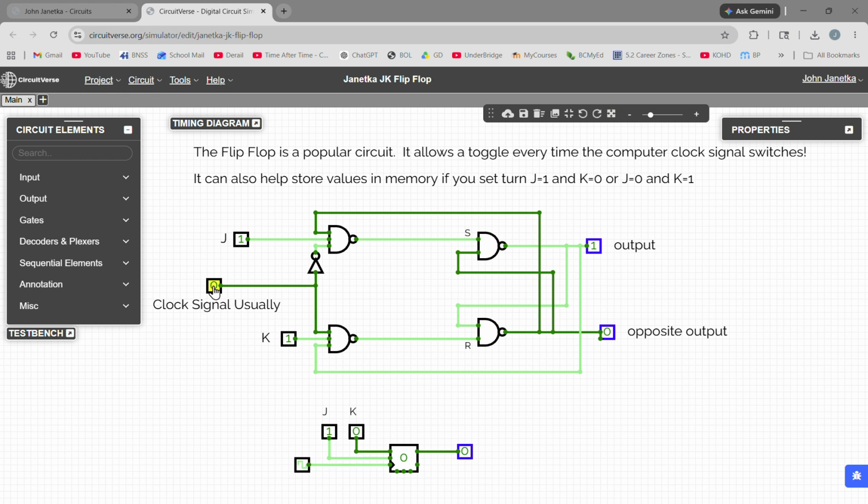This one changes values when this signal changes. So when J is 1 and K is 1, so basically power and power, and if power is just left on, watch what happens when I change the signal. The output toggles. It goes back and forth. This is really good to have and use